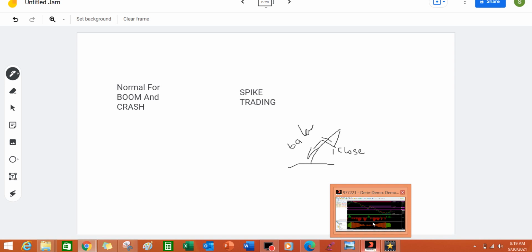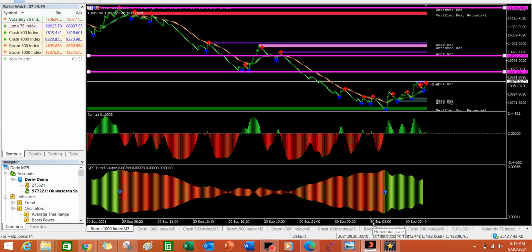That is why I'm not advising you to try this out on the 1 minute time frame, because a single spike can claim the whole of that 1 minute. In short, within a single minute you can have 3 or 4 spikes, which can claim the whole of your account. But on the 5 minute time frame, those 3 or 4 spikes can happen within 5 minutes, and so far as you are trading for a very long time,